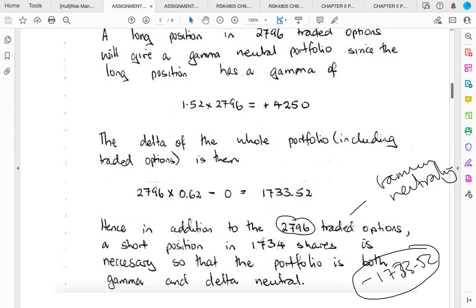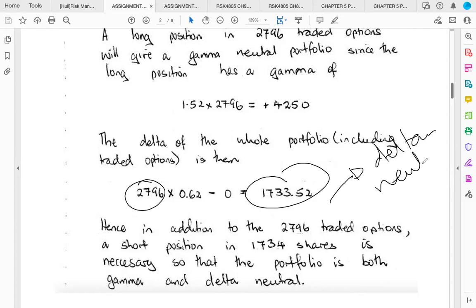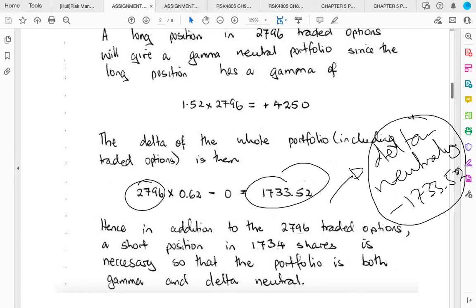We will need to take a short position in 1,734 shares such that we maintain that delta neutrality we had at the beginning. So in other words, because of the addition of these options to make us gamma neutral, we've increased our delta to 1,733.52. And then to return our portfolio back to delta neutrality, we will need to hold assets or derivatives which have a delta of minus 1,733.52. And then we can simply get this delta back by going short